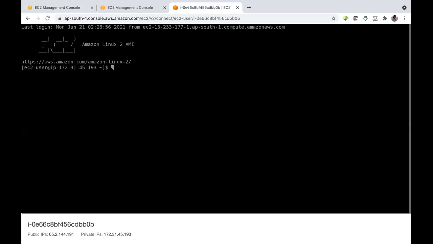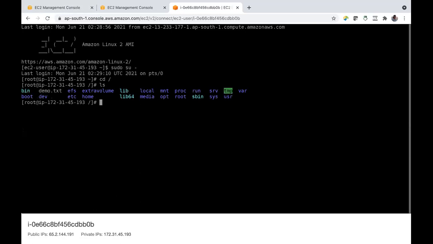I'll log in as root user first. su hyphen, and then go to my root directory, say ls there. This is my Linux file system.